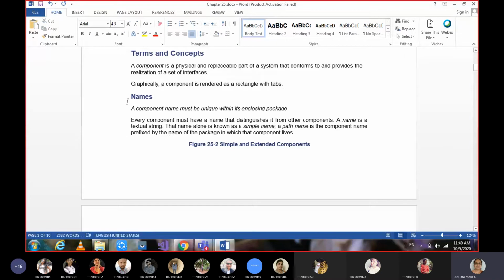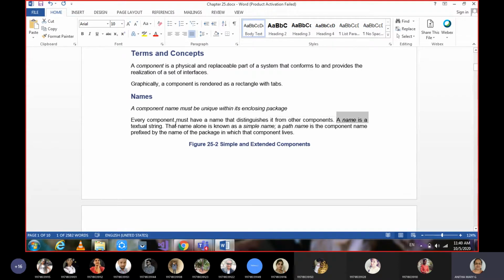Under terminology, the first is names. See how we have given a name to other basic building blocks. So here we can also name components. And why exactly do we name any basic building block? To distinguish it from the other components.